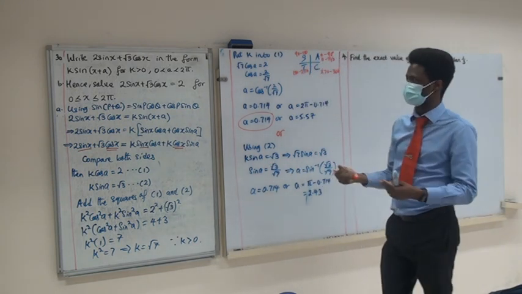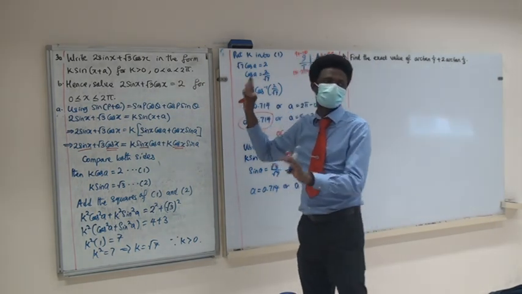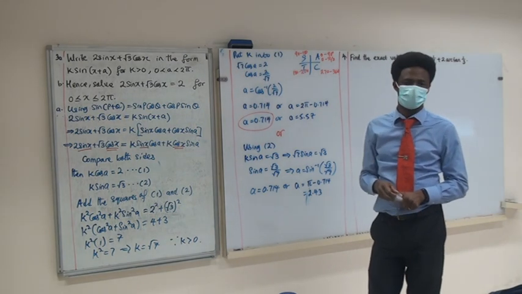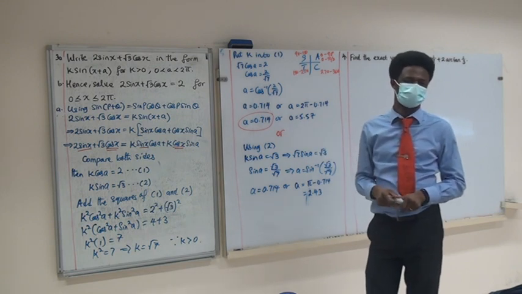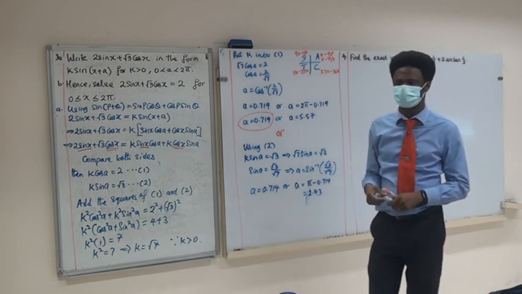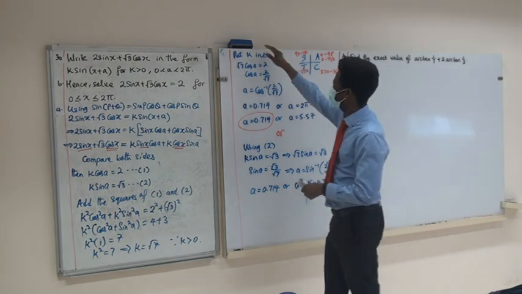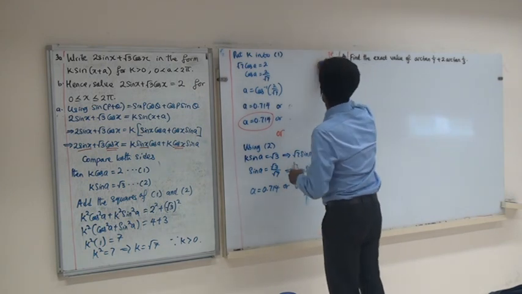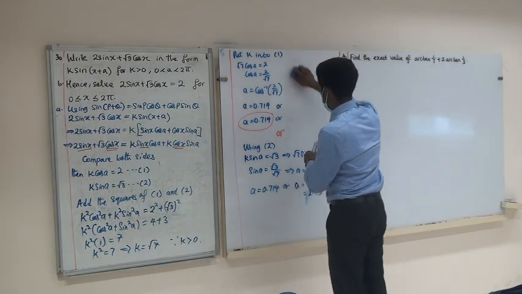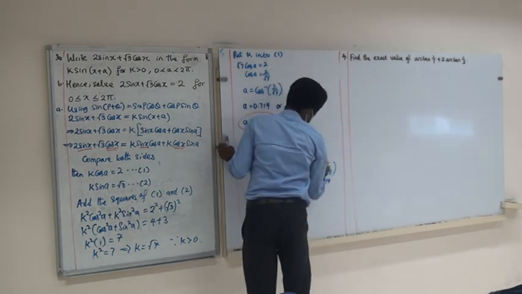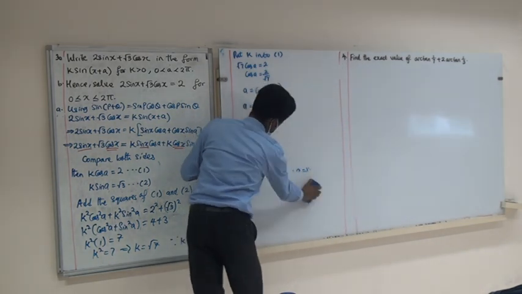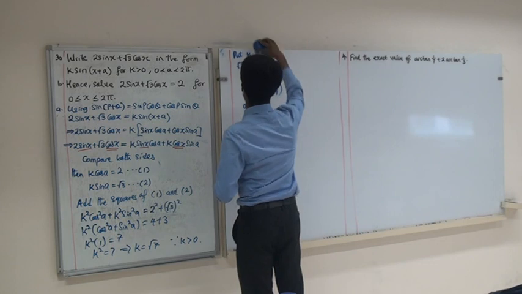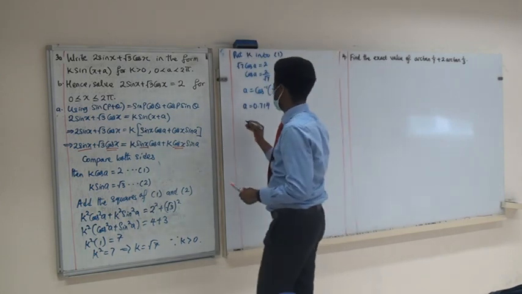So if I'm to give you this question, I will restrict this to pi over 2 to avoid any form of ambiguity, so that you only consider the acute. It's usually the rule where A is an acute angle. It's usually the rule. Understand? So now, let's focus on the acute one. Then in that case, we don't have to worry about this. So with this now, it implies that